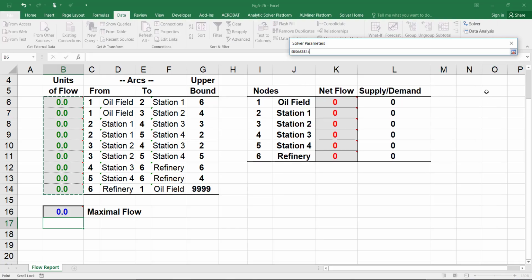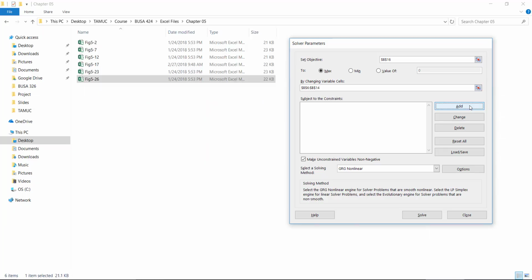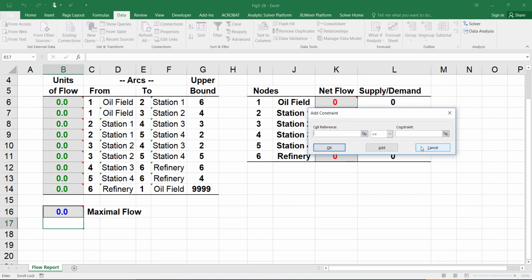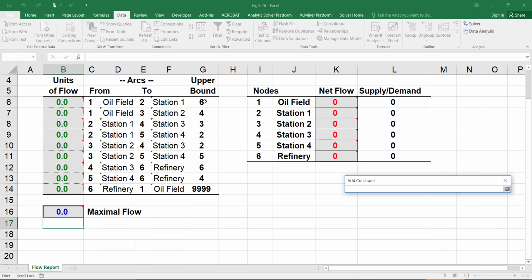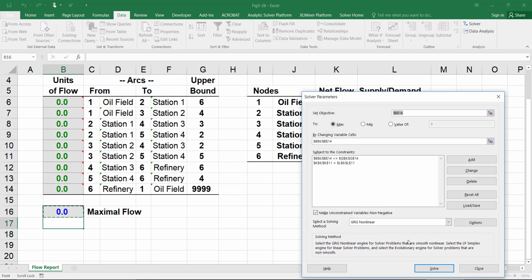This is the set of decision variables that we have, and the constraints are that net flow should be exactly equal to demand or supply, as well as the decision variables should meet their upper bound. Note that here we define a big number as the upper bound of the last arc that connects the destination to the source,